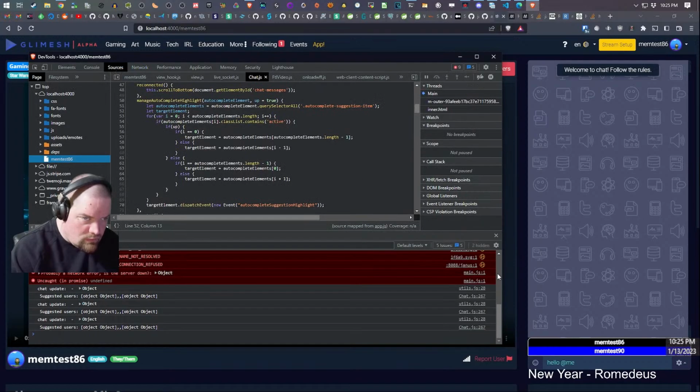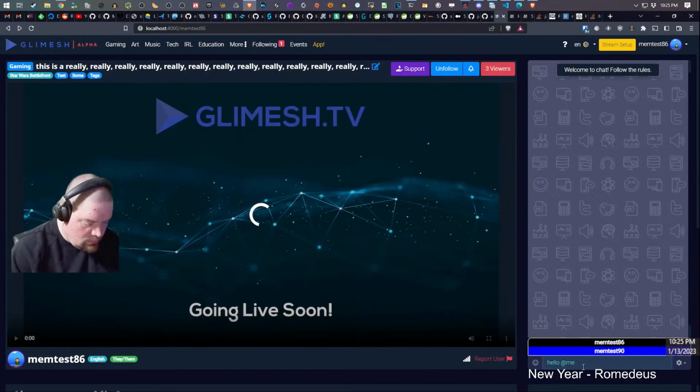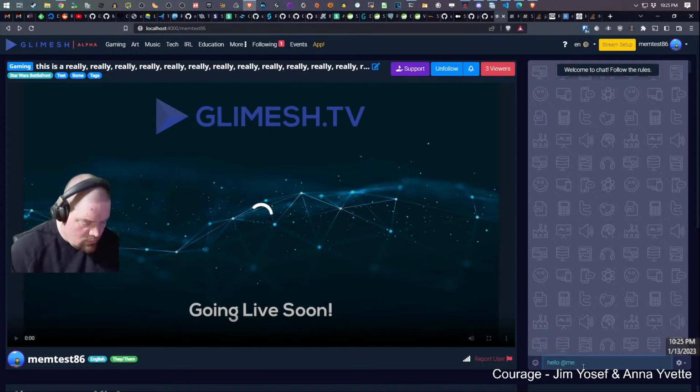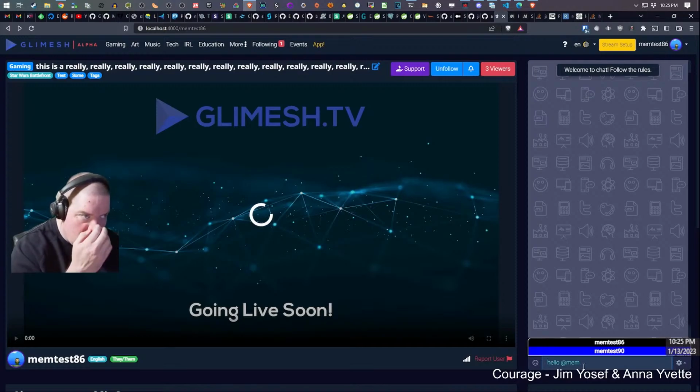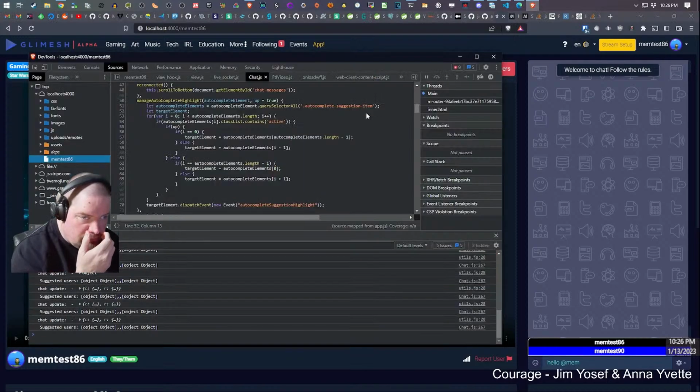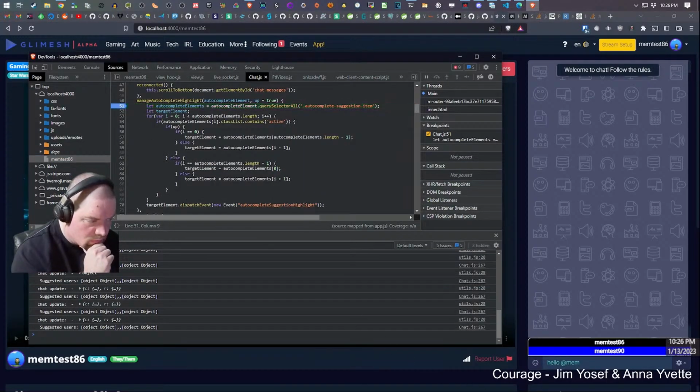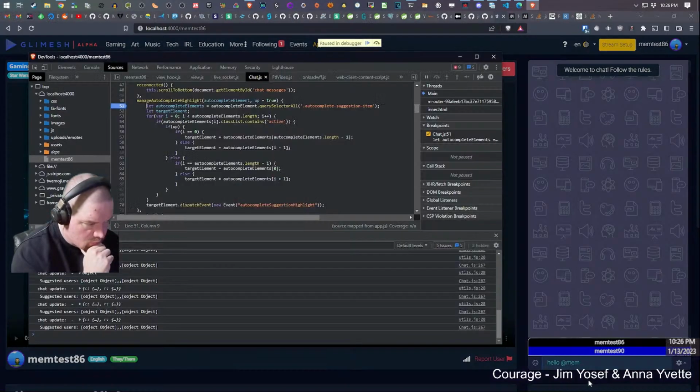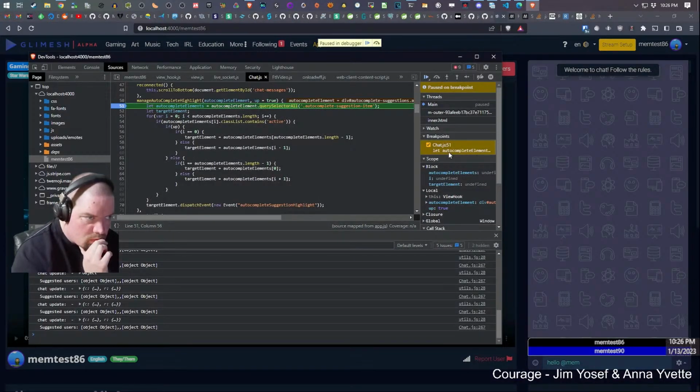Sources. Still have a breakpoint. It reset the breakpoint. Querying selector all.